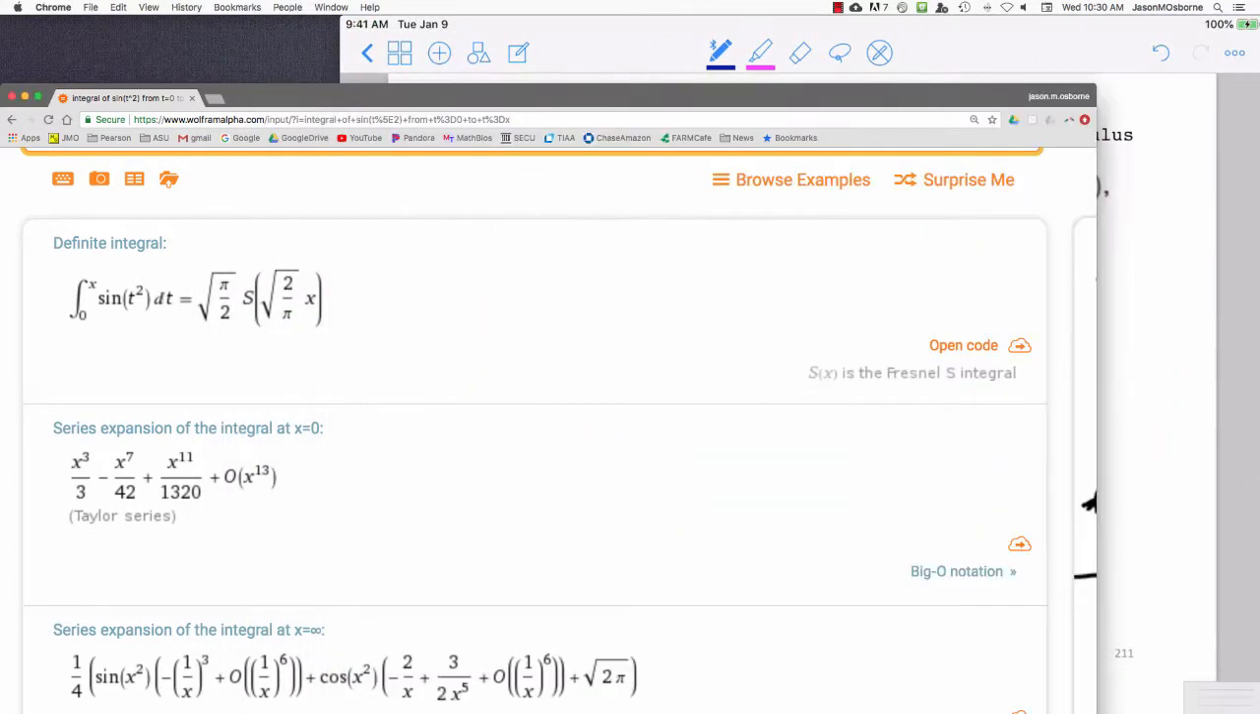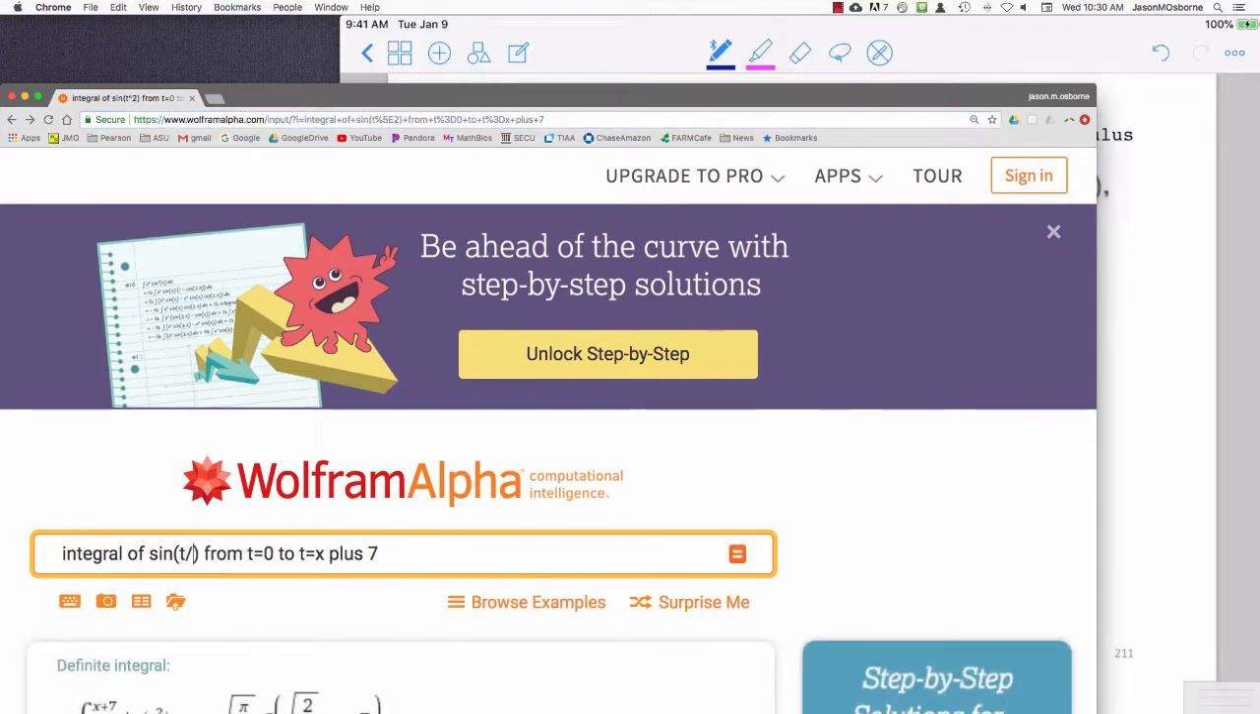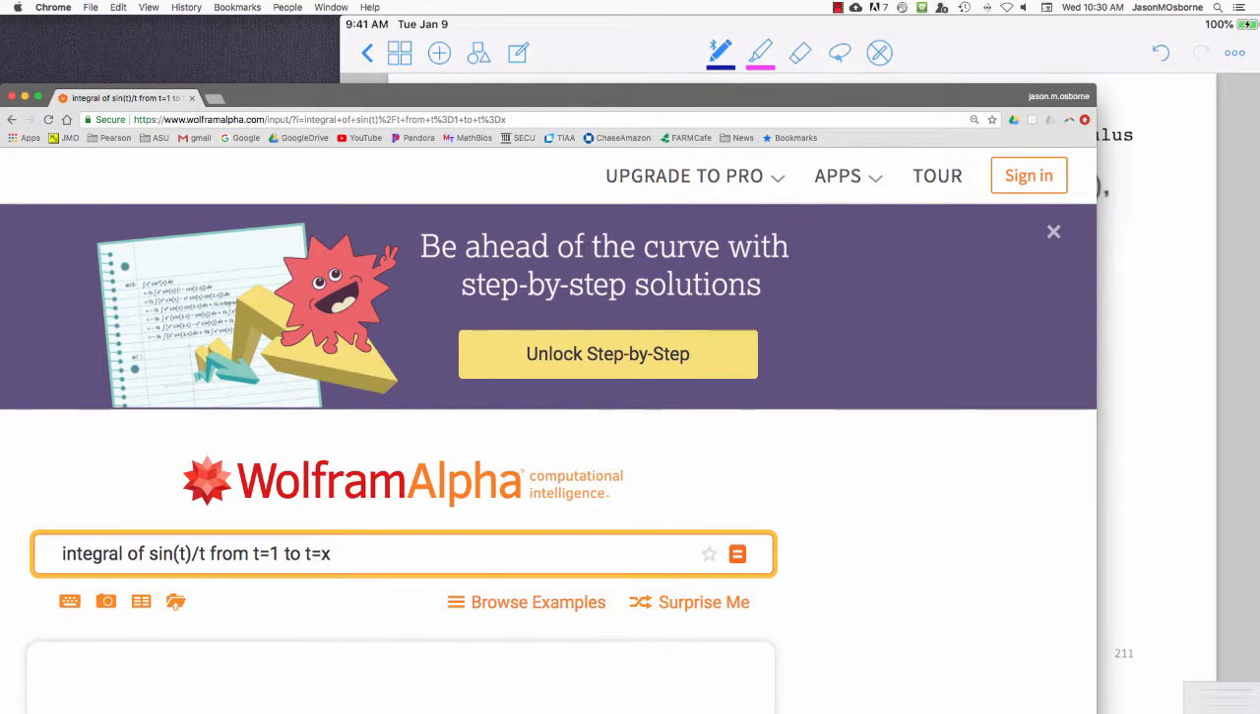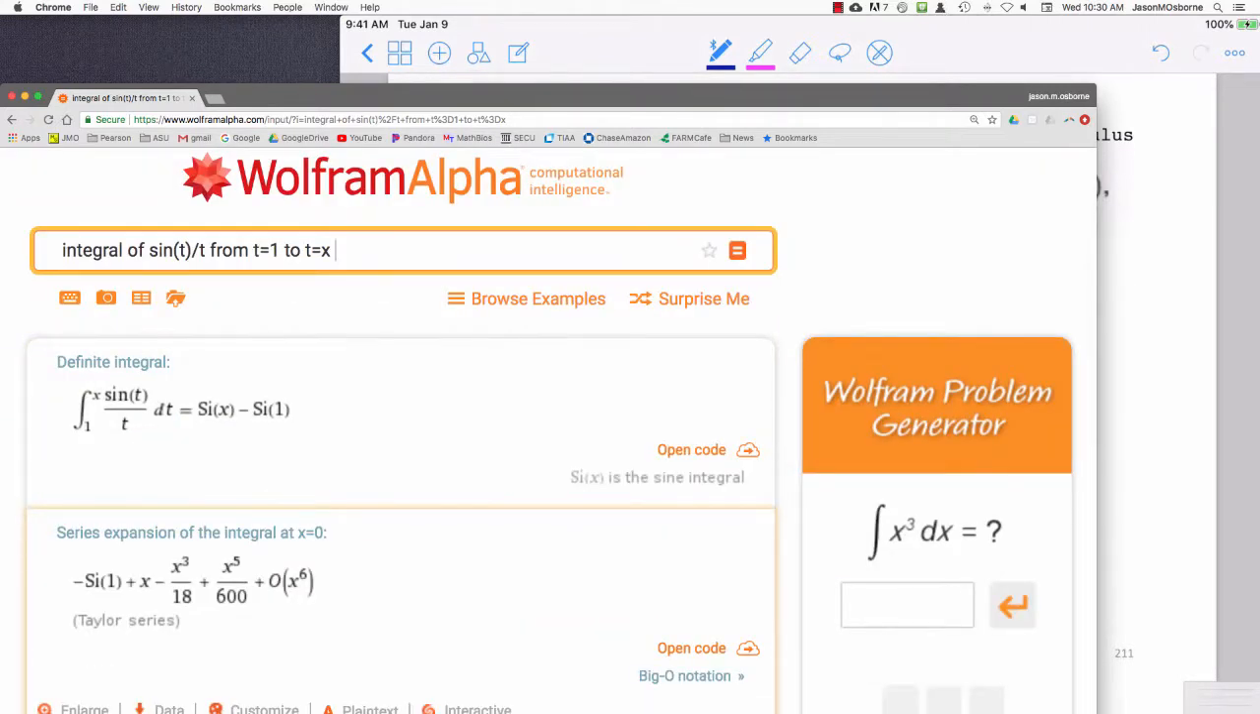Let's take a look at something real quick. Okay, let's go back to Wolfram alpha. Is this actually an integral that we can do? What's the integral of sine of t divided by t, from t is equal to 1 to t is equal to x? Is this actually a function that we can write down the antiderivative of? And there you go. The computer says that the answer to that problem,